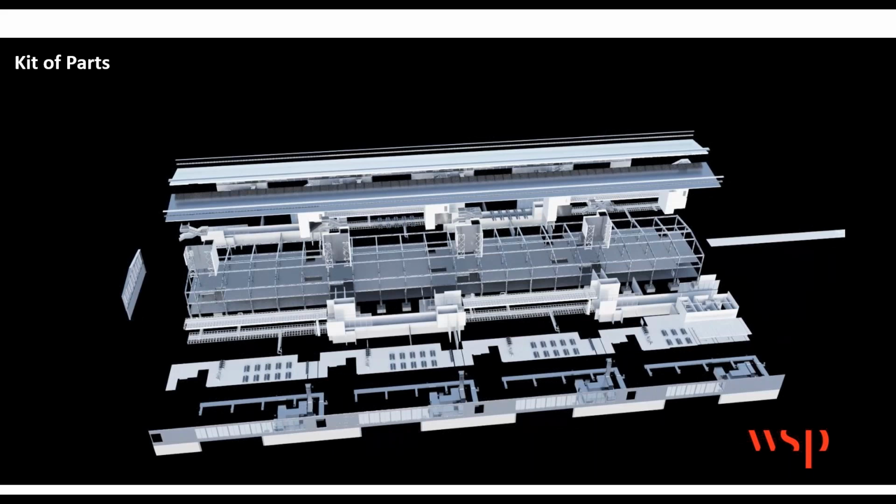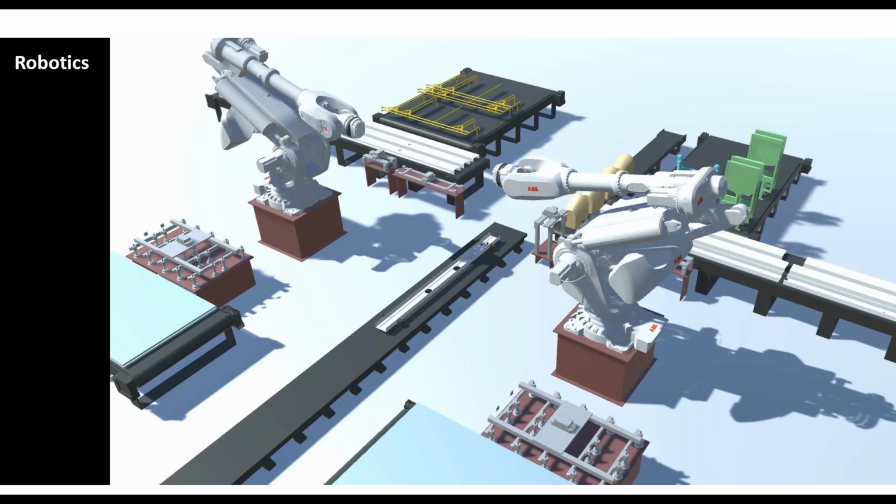So here's a kit of parts that we're currently working on, which is really about trying to have reusable parts for a building. And again, that's a trend that needs to play back into the briefing process, because if we want a kit of parts to be reusable over multiple projects, we then need to brief that.